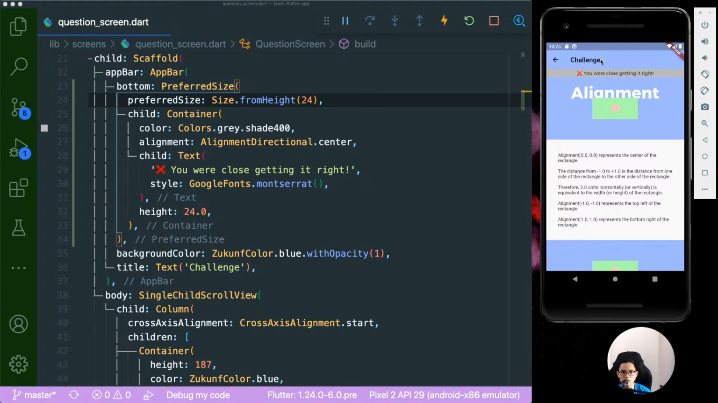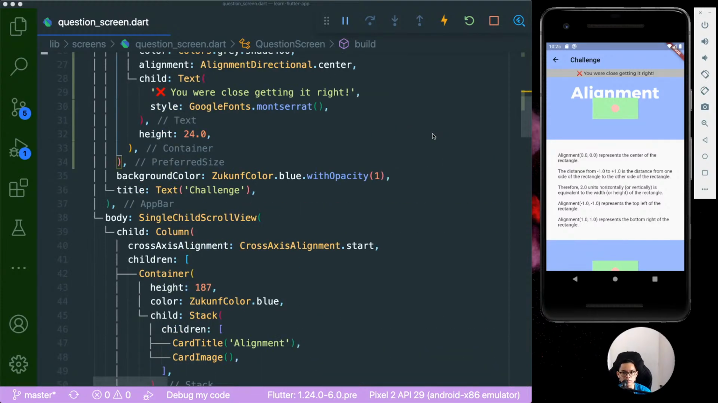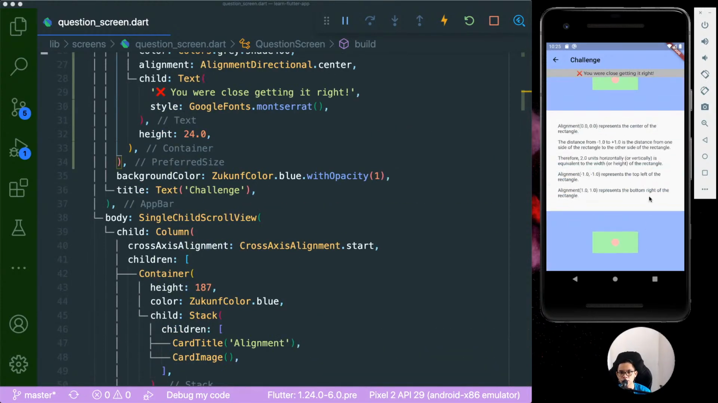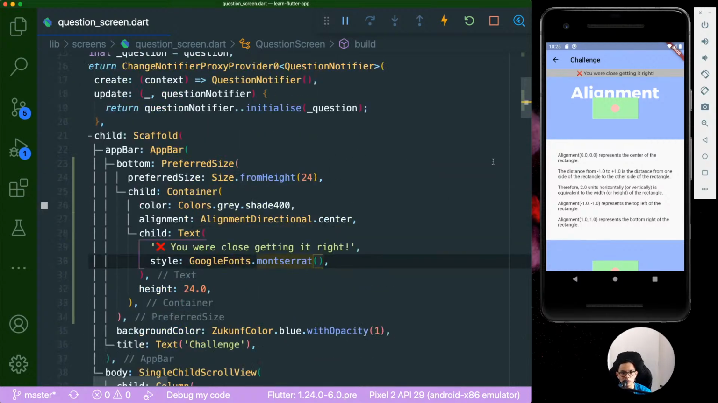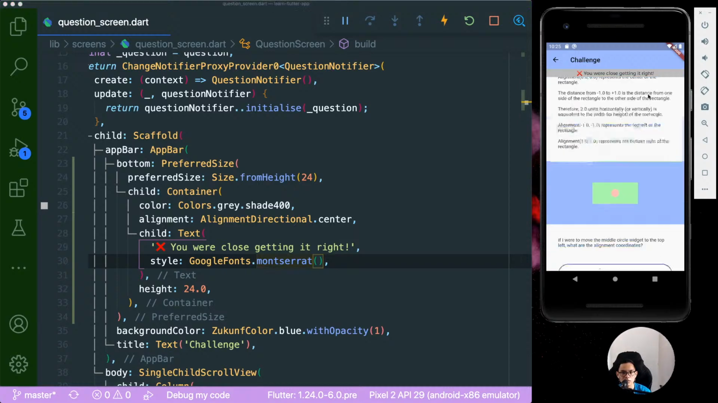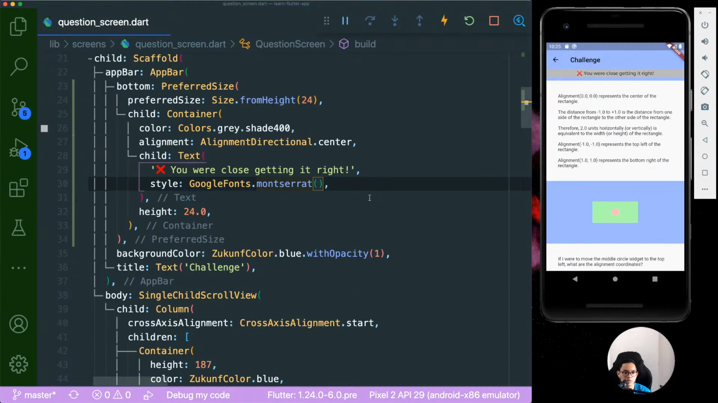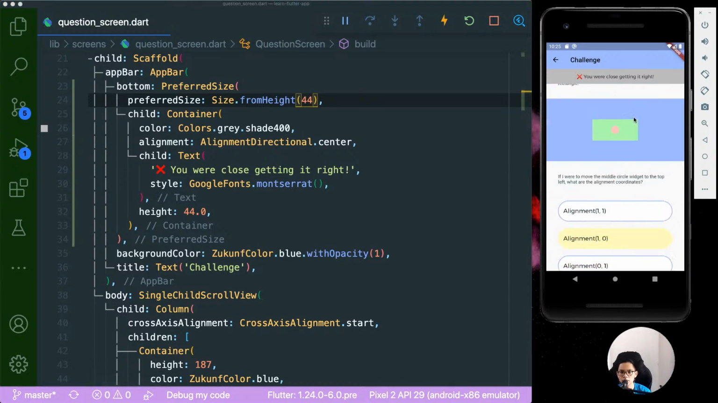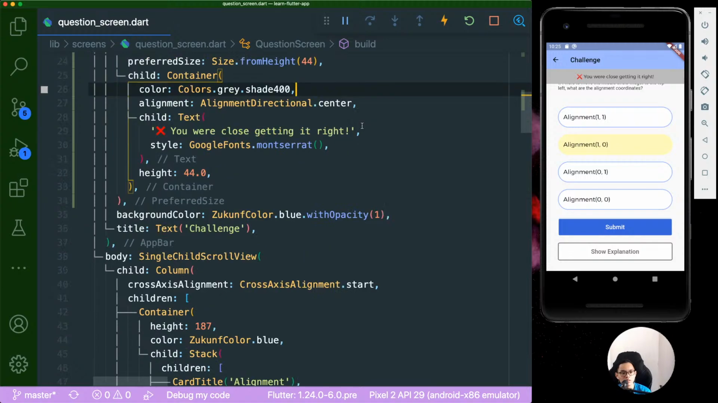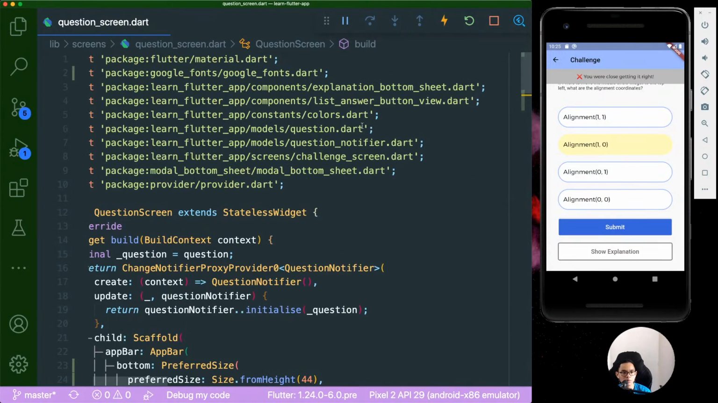Unless I change this challenge, comma incorrect. Okay, either way. Yeah, I guess we can just stick with this. So maybe instead of 24, I put 44, so it looks way nicer. Yep, so you were close to getting it right. So that's okay. So the next one is we're gonna use